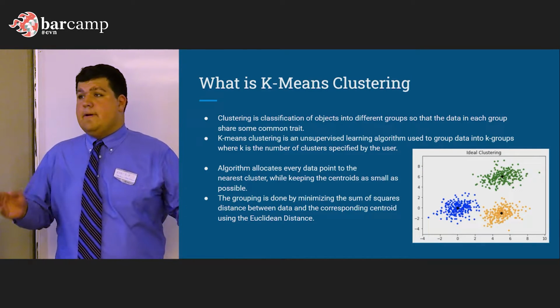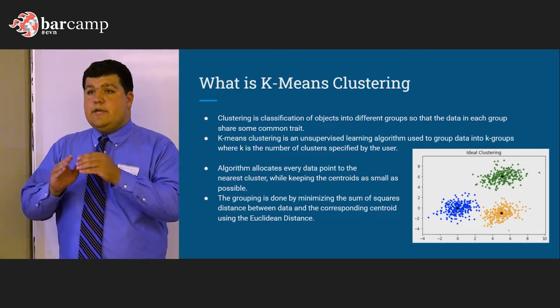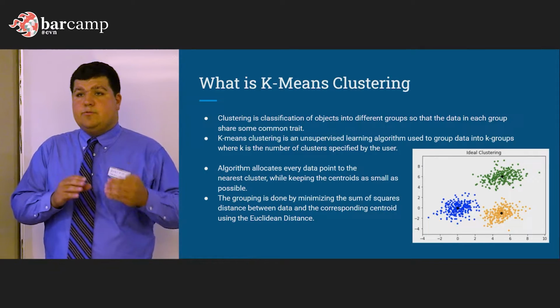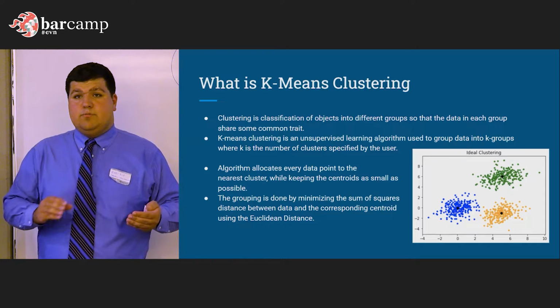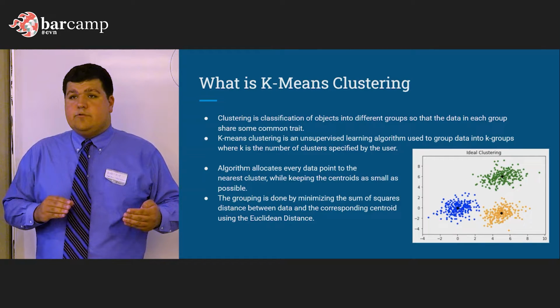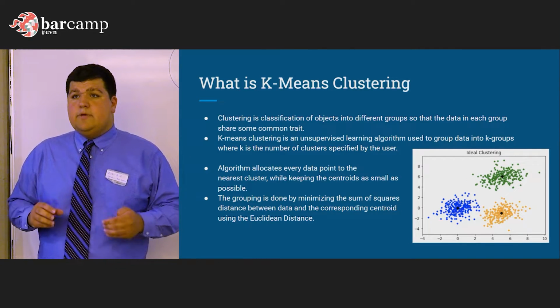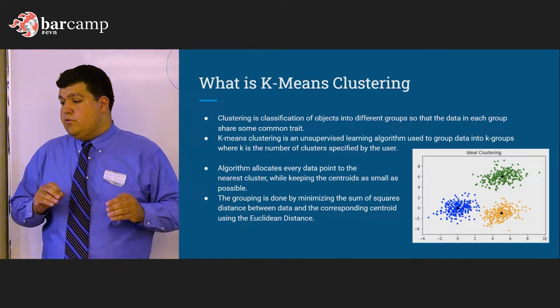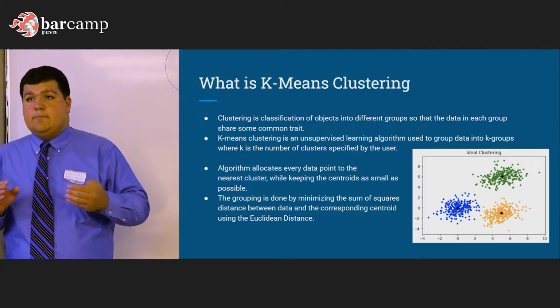But first, let's just talk about clustering as a whole. Clustering is a branch of techniques based around trying to find like-minded attributes between elements and creating specific groups together. K-means clustering is an unsupervised learning algorithm that looks at n dimensions and tries to place them in k groups, where the number of groups is specified by the user.